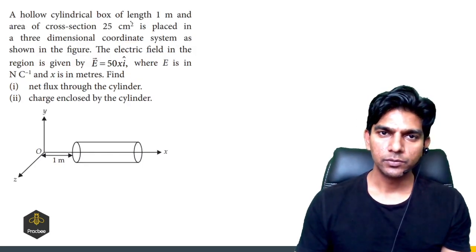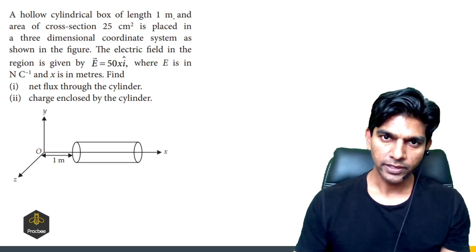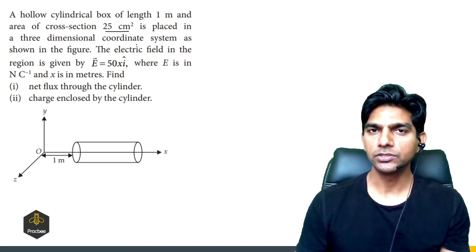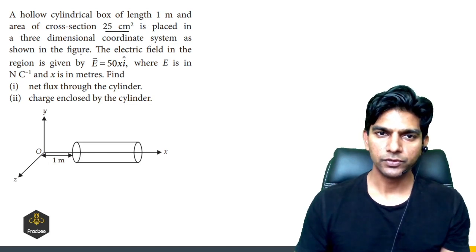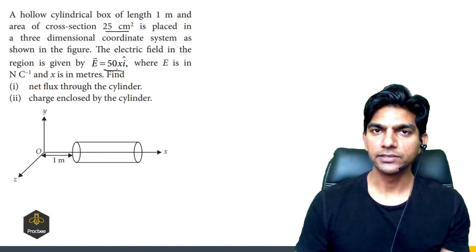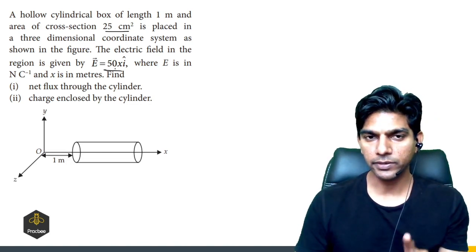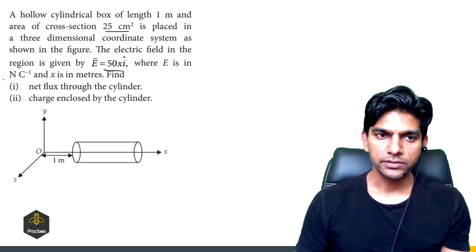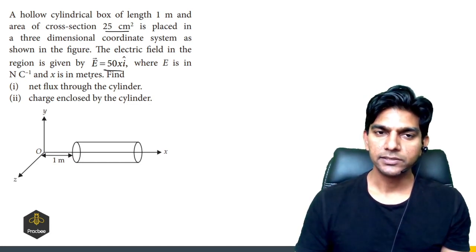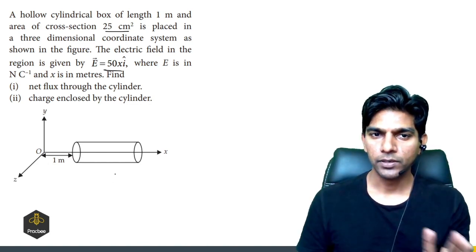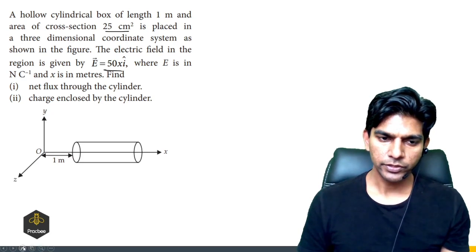A hollow cylindrical box of length 1 meter and area 25 square centimeter is placed in a 3-dimensional coordinate system as shown in the figure. The electric field in the region is given by 50x. So the electric field is not uniform, it is variable, 50x, where E is in Newton per coulomb and x is in meter. Find the net flux through the cylinder. Now in this case, the electric field is non-uniform. So what we're going to do,